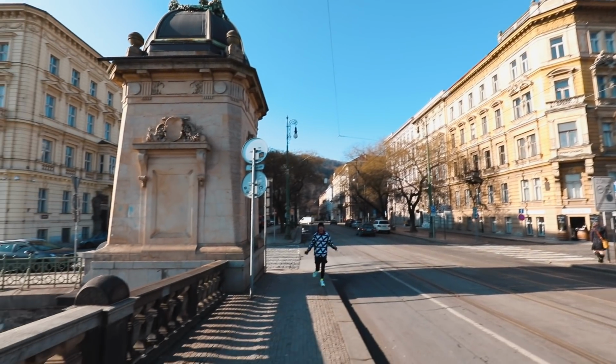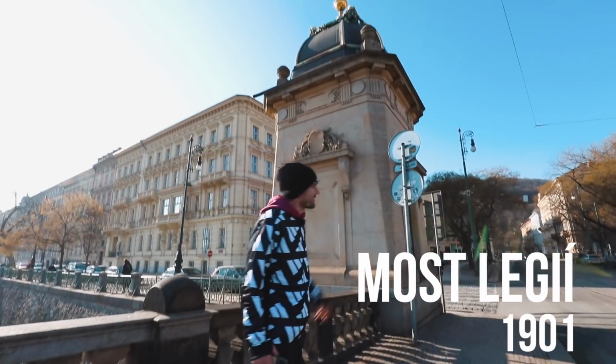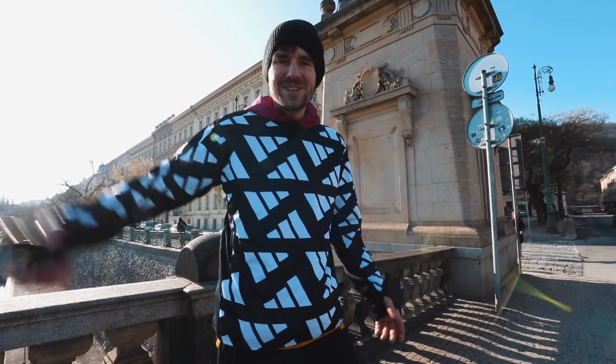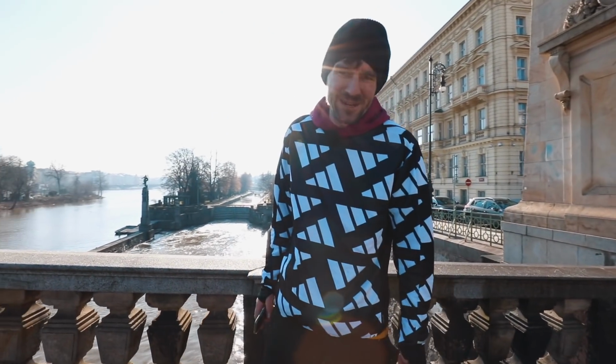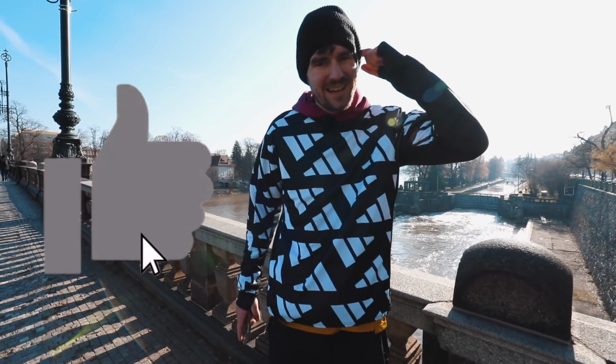Coming up onto the Most Legií, which is from 1901, and back in the days these towers served as toll booths, so you would have to pay toll to cross the bridge. Imagine doing this challenge back in the days. We would have to pay for every single bridge. That would be pricey. But we got 7 bridges to go,